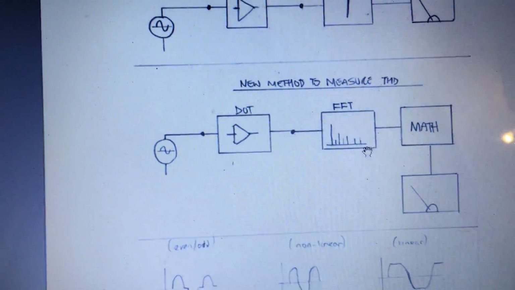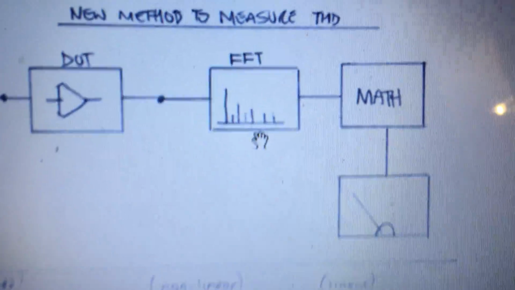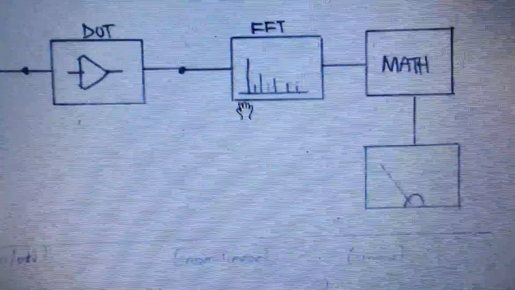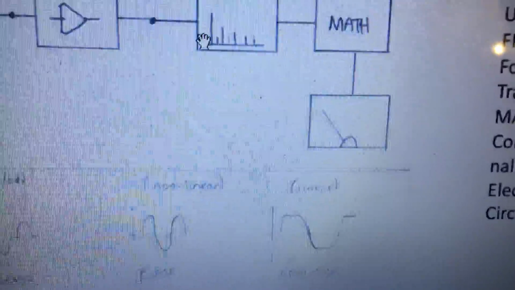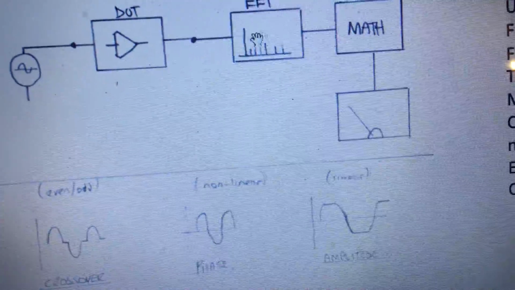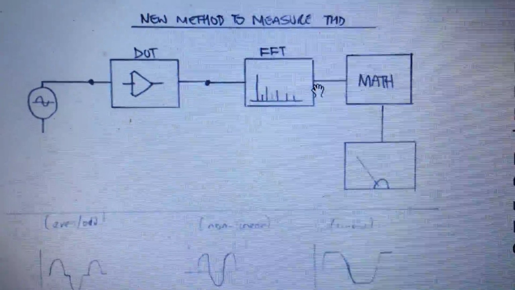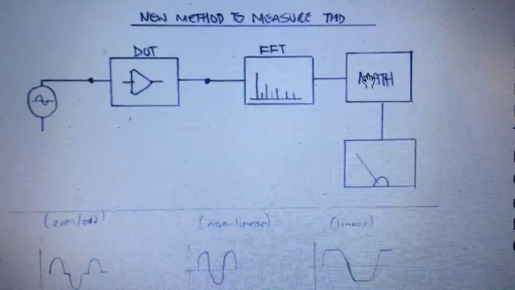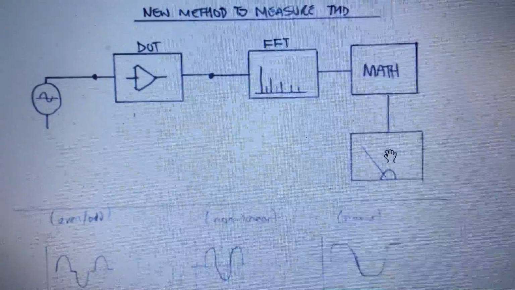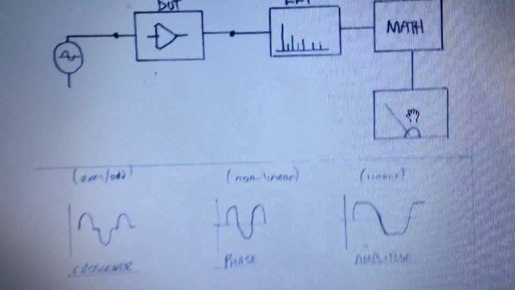We know that the fast Fourier transform analysis will represent the data with frequency on the x-axis and amplitude on the y-axis. We have seen such a thing on the Yokogawa DSO, right? Okay, and then from that FFT block the data goes to mathematical computation, and then one can measure the amplitude of the first, second, third harmonic and so on.